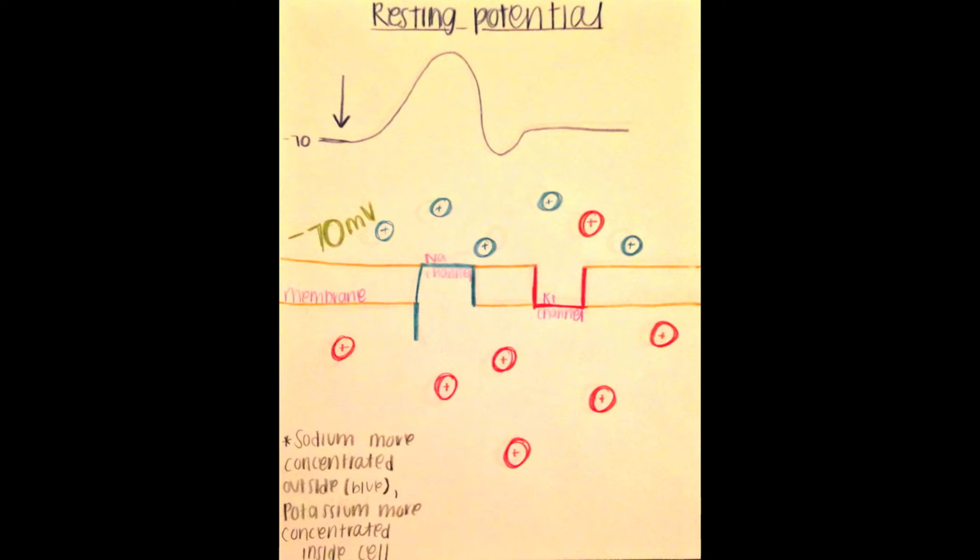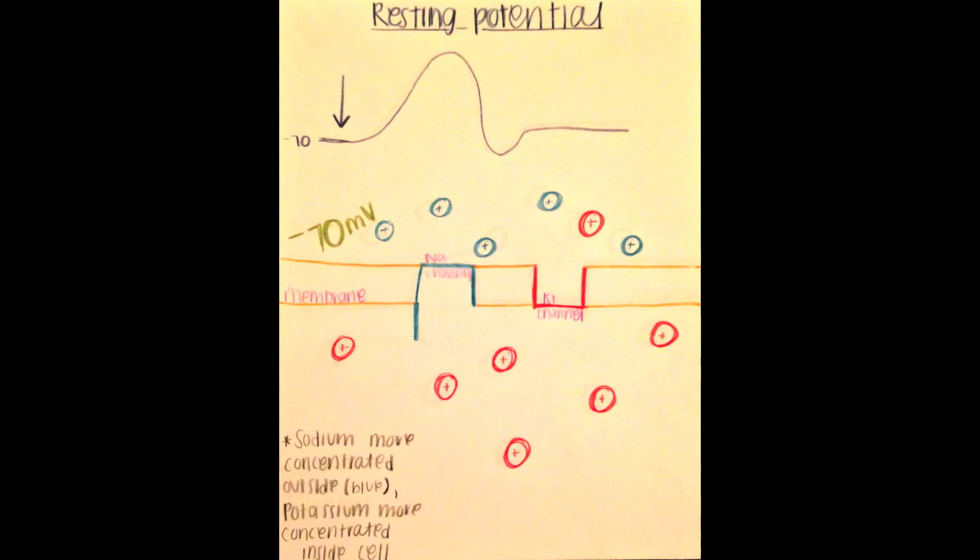The blue dots represent the sodium ions, which are more outside the cell in the extracellular fluid, and the red dots represent potassium, which are more inside the cell, which is the intracellular fluid. The orange is the semipermeable membrane, which allows for the sodium and the potassium to go in and out of